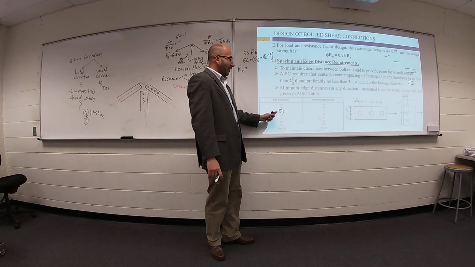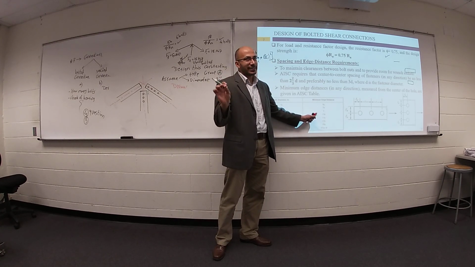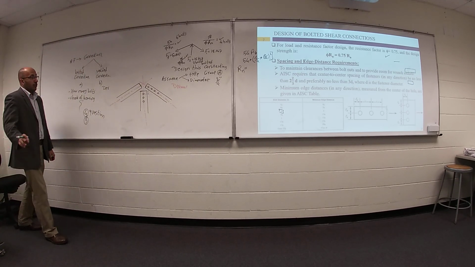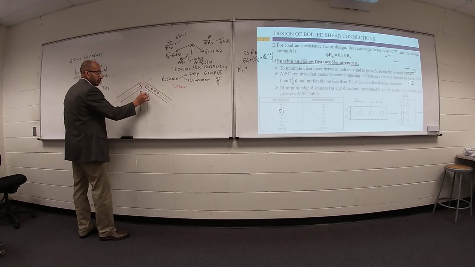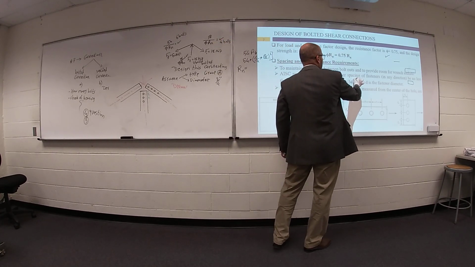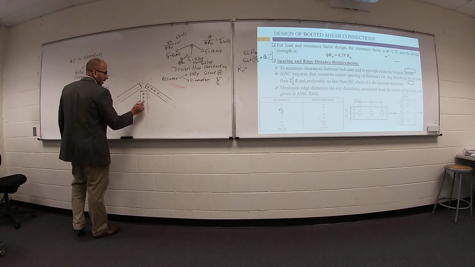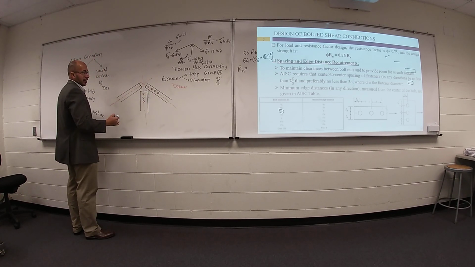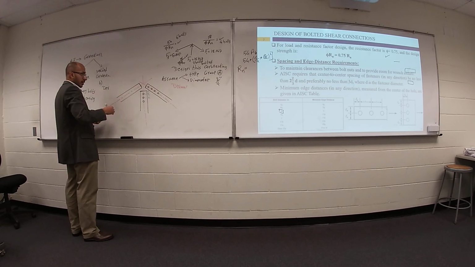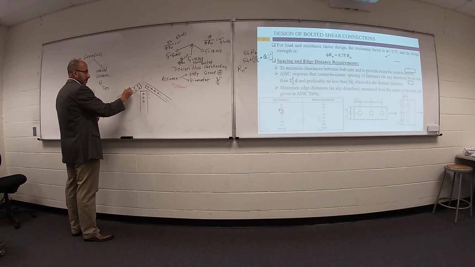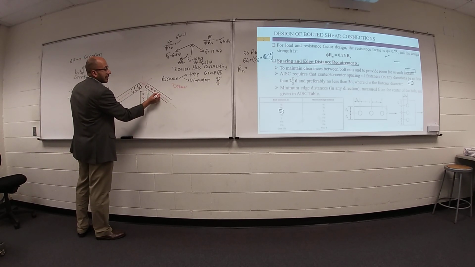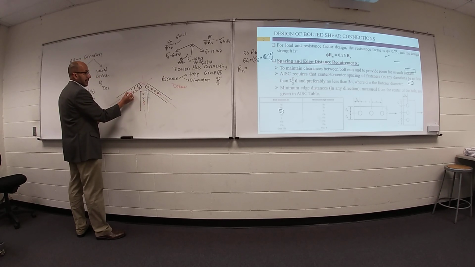Based on the diameter of your bolt, I can tell you what is the minimum edge distance. Okay? What is the distance between each bolt, center to center? 2 2/3 diameter, or most of the time we are using 3 times the diameter of your bolt. So I can tell you what these dimensions are. For 6 bolts, maybe I can put my bolts in 2 rows or like this. That's fine. Then add edge distance here, edge distance,